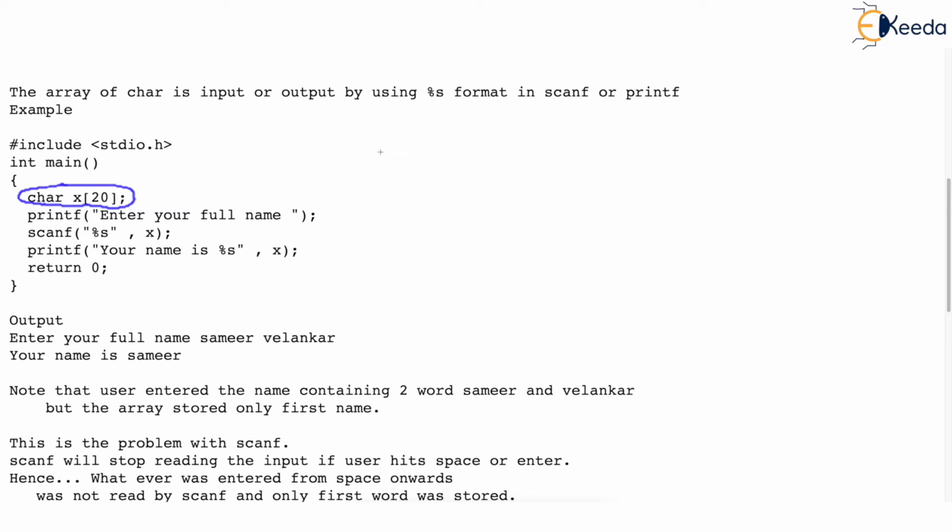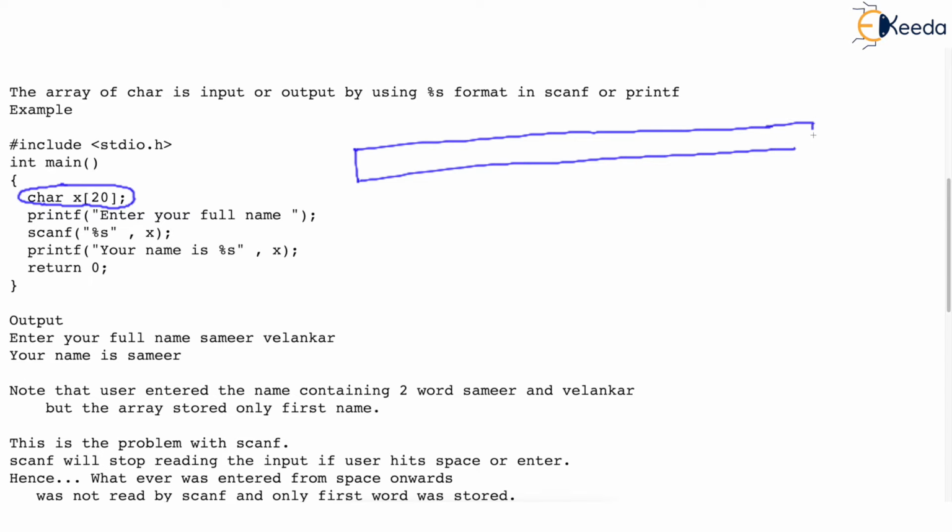Due to this declaration, in the memory there is one array declared having 20 cells, numbered from 0 onwards up to 19. Each cell can hold one character and the name of the array is X.